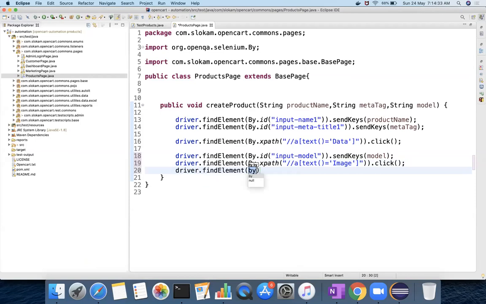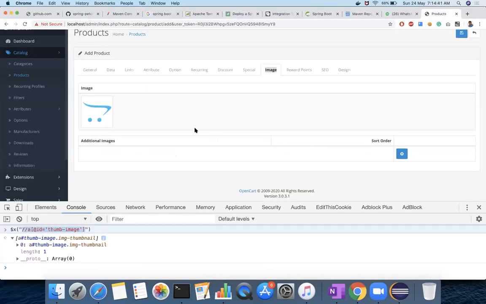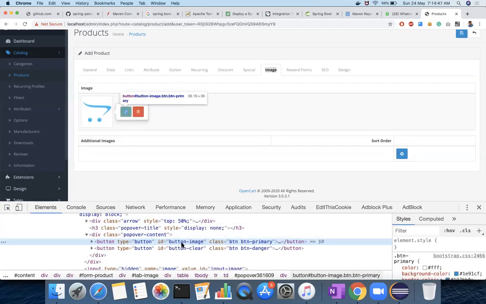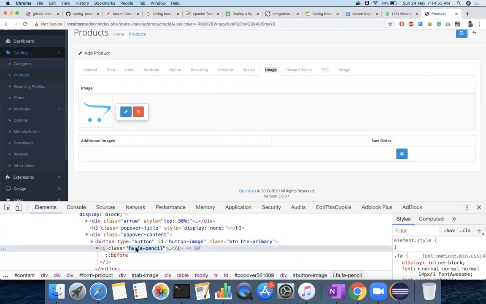driver.findElement(By.xpath) dot click. Okay, so you click on thumb-image and you get that pencil button. The button-image is the ID, and you get fa-pencil.